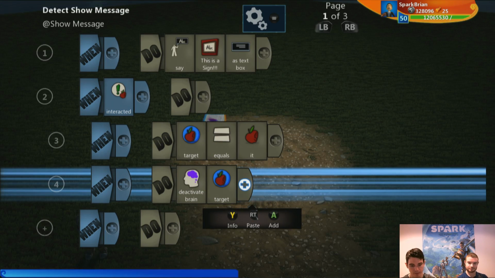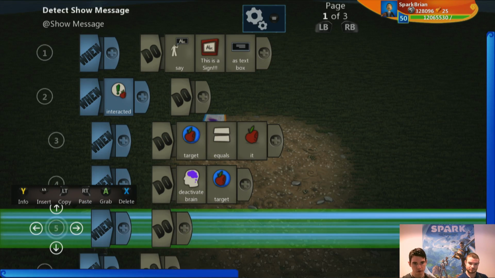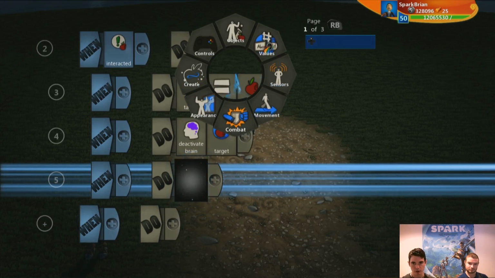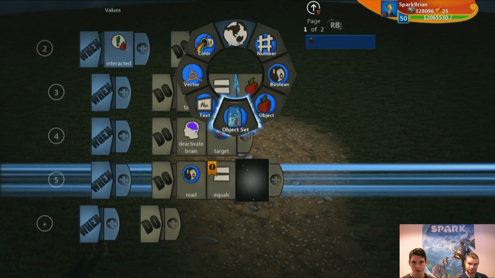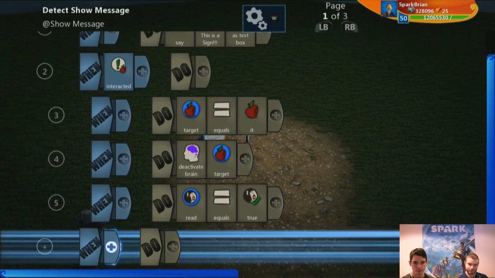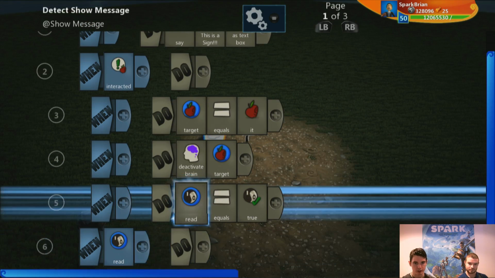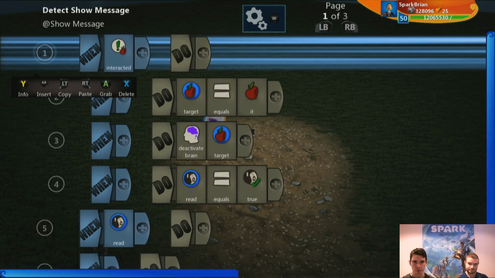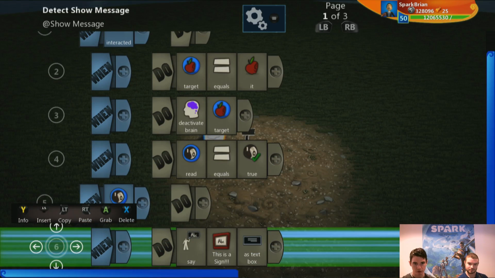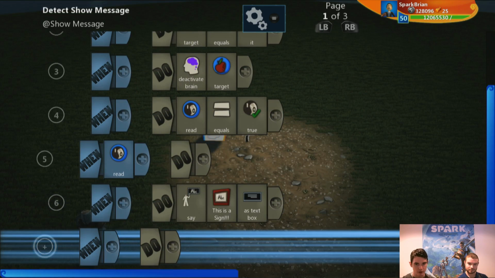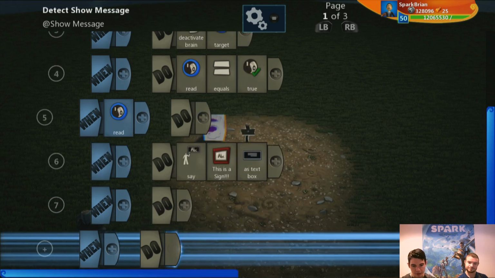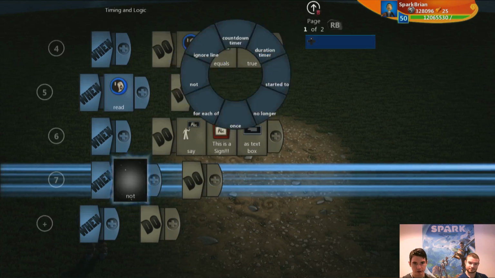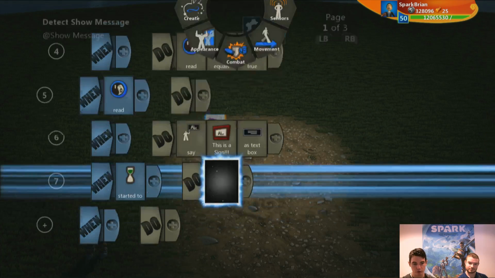And then we're also going to make a Boolean true. We're going to call this Boolean read. So do read equals true. Then we're going to bring this Boolean here. And actually, this say tile, I'm going to bring this under this Boolean now, so it only says that one thing there. So when read is true, it's going to say this is a sign. And then after, we're going to do started to